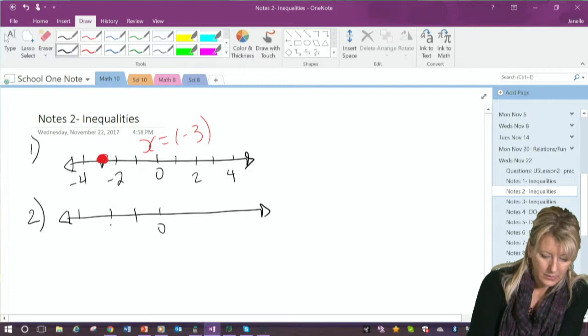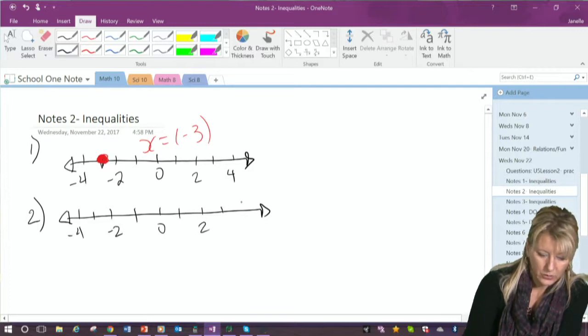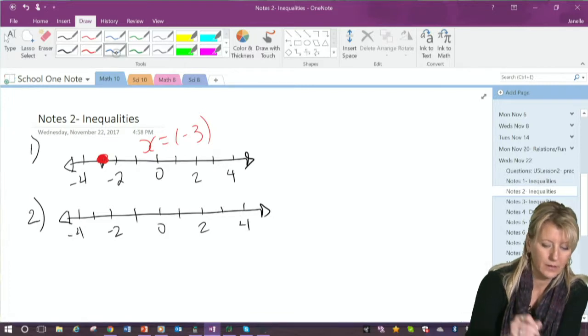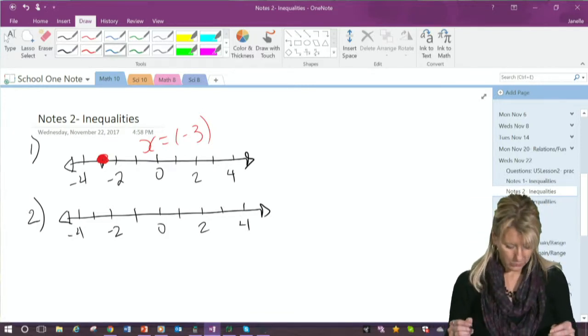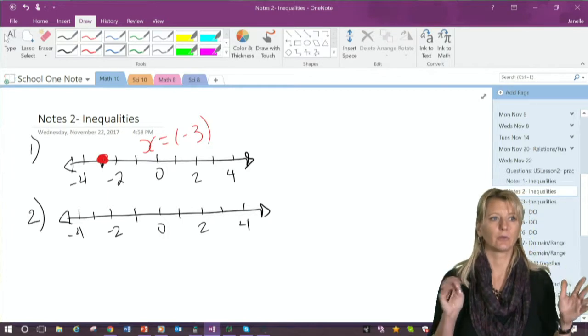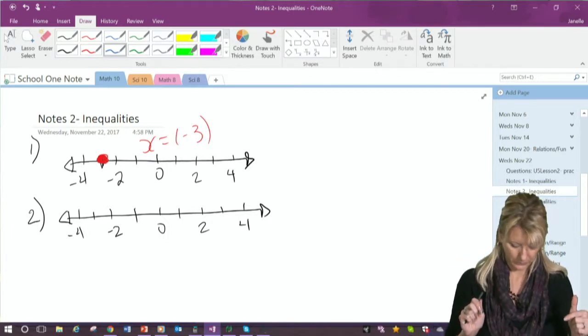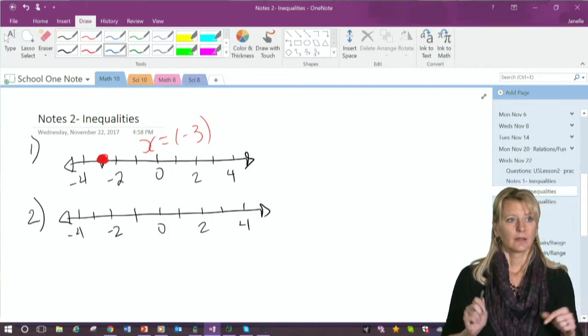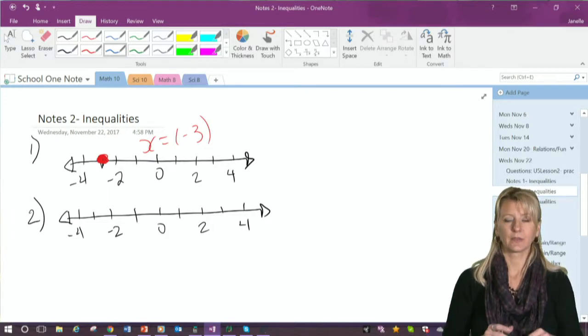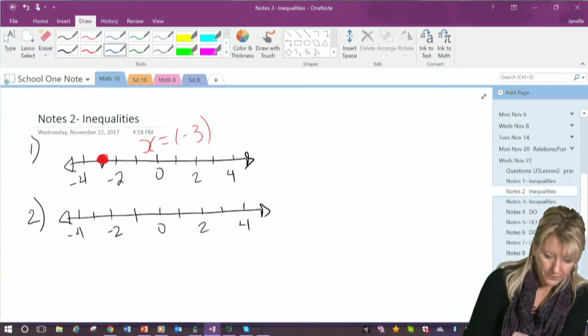0, 1, -2, -3, -4, 2, 4. Okay. I think for the most part we can keep using the numbers -4 to 4, so we can probably do a few of those. So this one,